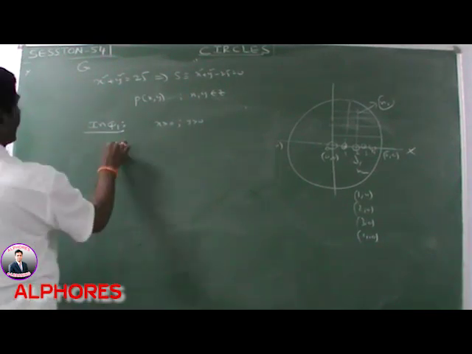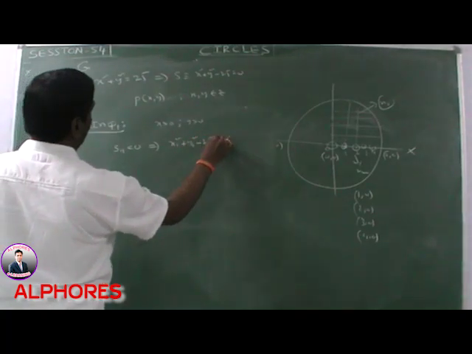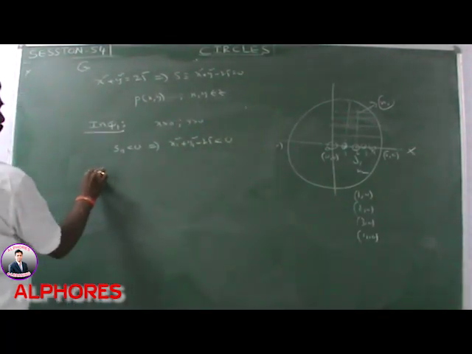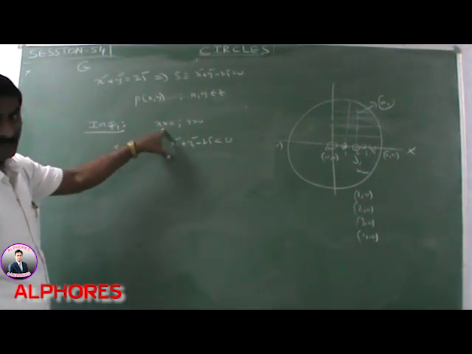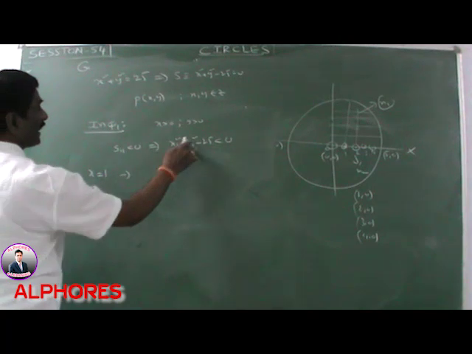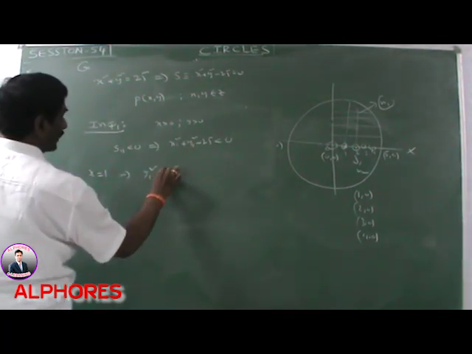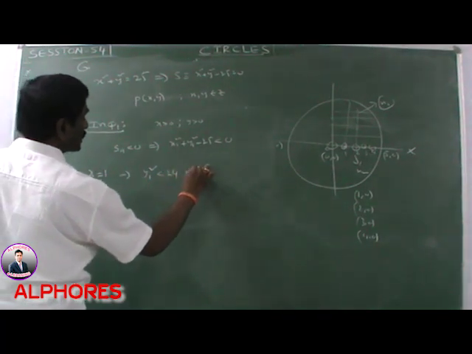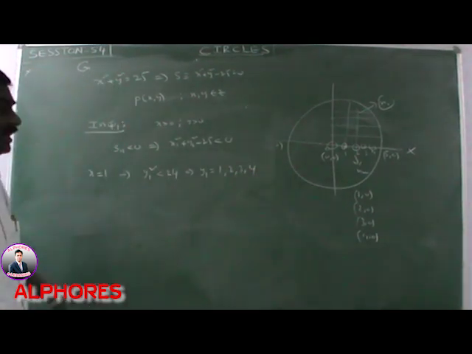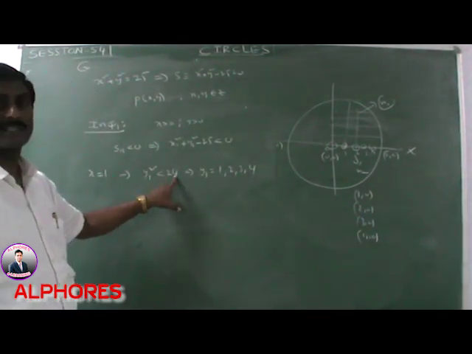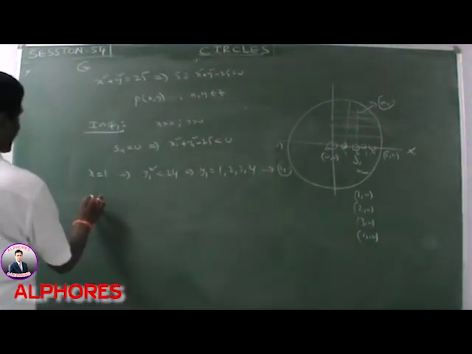If the point lies inside of the circle, S11 less than 0, that means x1 square plus y1 square minus 25 less than 0. Put x is equal to 1, the minimum, since x greater than 0 means the first integer 1. At x is equal to 1, y1 square minus 24 less than 0, means y1 square less than 24. What are the possible values of y1? 1, 2, 3, 4. Please observe this. 5 square means 25 less than 24, meaningless. So how many values are possible here? 4 values.